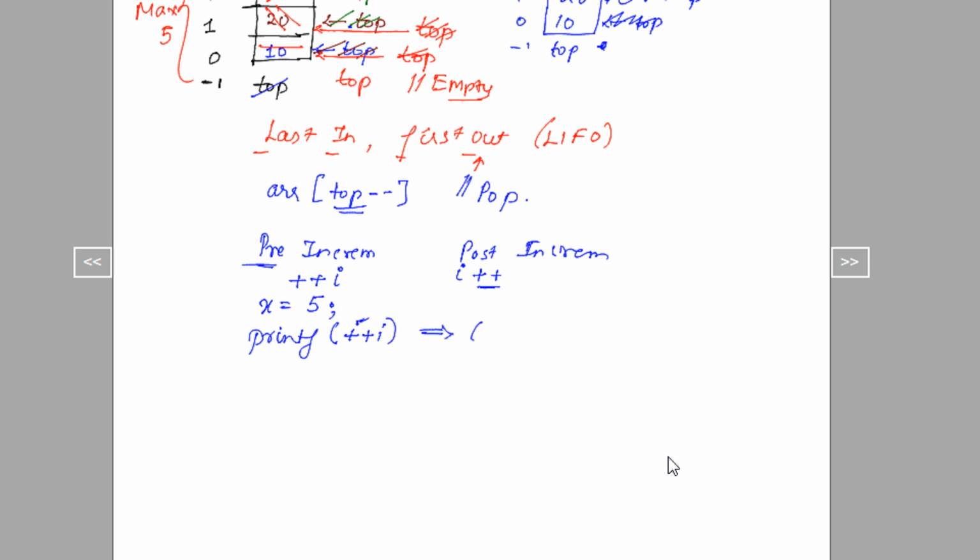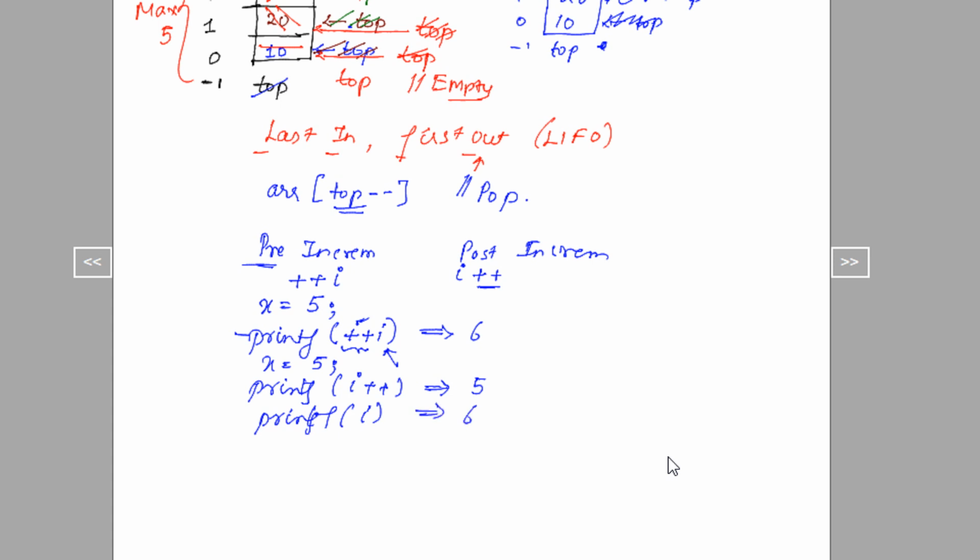It will be actually 6 because I am incrementing before and then displaying the value. If I do printf I plus plus, assuming this line is again x equal to 5, the output here will be 5. But now if I do printf I, this I will be actually 6.